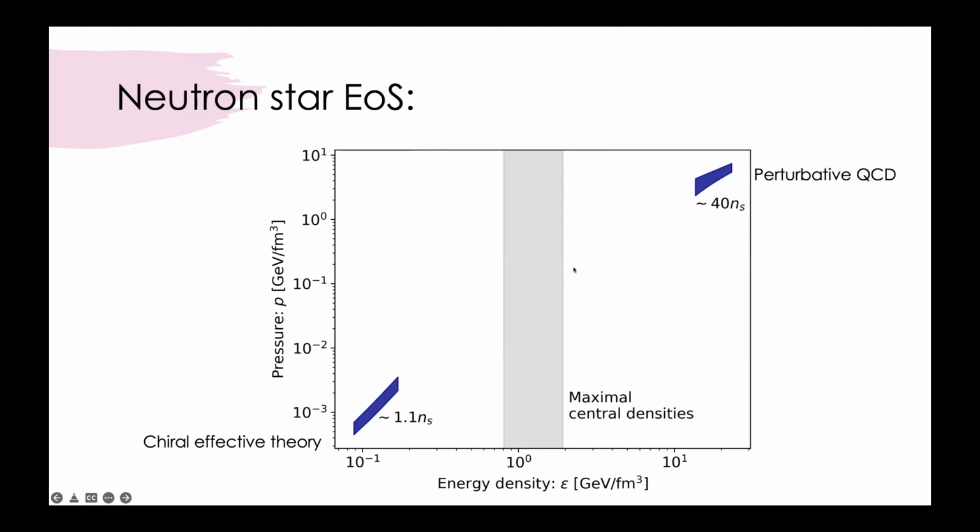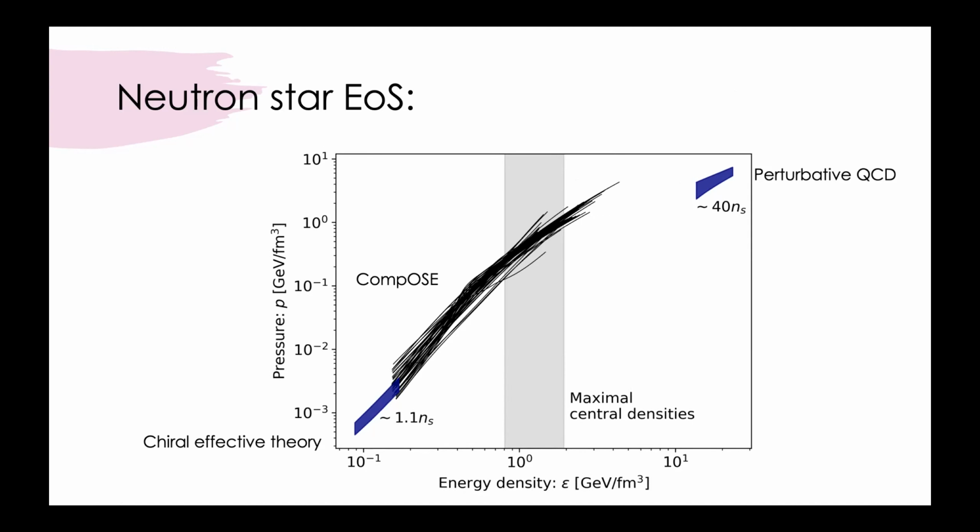Besides trying to do ab initio theory calculations, there have been, of course, a lot of attempts to understand what's happening here in the intermediate densities, and there are, for example, a lot of different model calculations, NJL models, Walecka models, AdS/CFT based models, and so on, that make some kind of predictions on what the equation of state could look like here in the intermediate densities, and there are databases where you can download bunches of equations of state like this. This is from the CompOSE database, and I think Veronica will next week talk about these databases more.